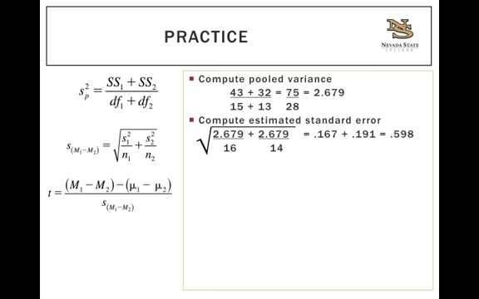Then finally, we calculate our T. All right, so it gave you the M's. We know that our mu1 minus mu2 is what? I hope I heard some zeros. Okay, so mu1 minus mu2 is 0. We just calculated, there it is, our estimated standard error. So that means that we have 16 minus 13, right, minus 0. We have 3 on the top, and we're going to divide that by 0.598. That gives us a T of